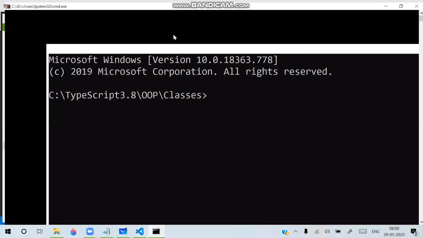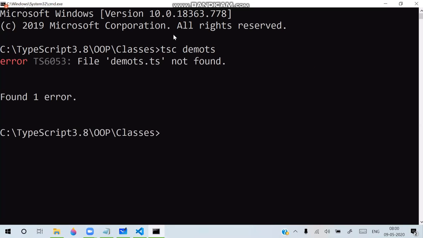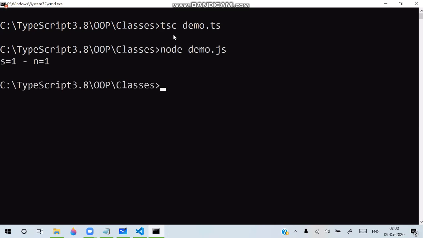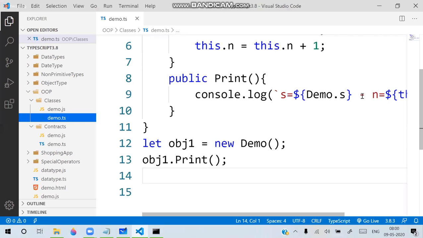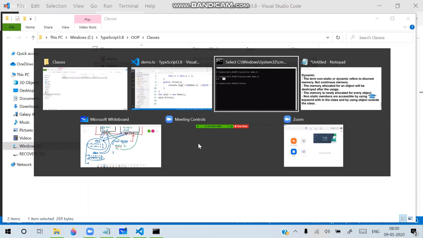So tsc demo.ts. It is compiled. And node demo.js, you can see s is equal to 1 and n is also equal to 1. S and n values are set to 1. So I will give a space. Okay, s and n values are set to